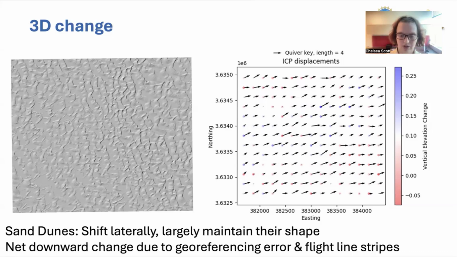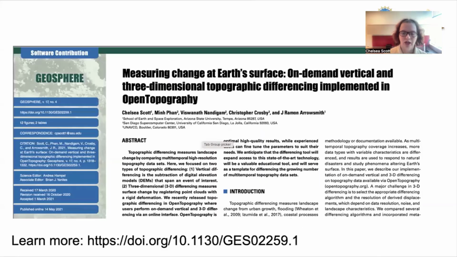that we should remember when we are interpreting the 3D differencing results. If you'd like to check out more, I recommend that you look at this paper written by the OpenTopography team in Geosphere, and it is open access. It's called Measuring change at our surface: on-demand vertical and three-dimensional topographic differencing implemented in